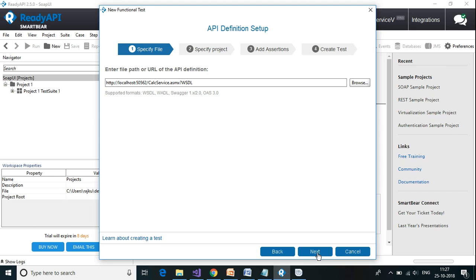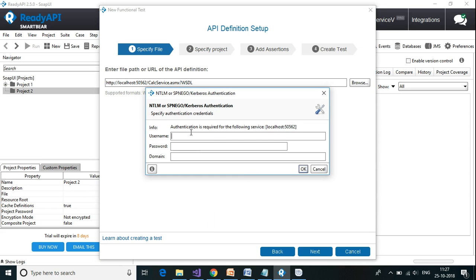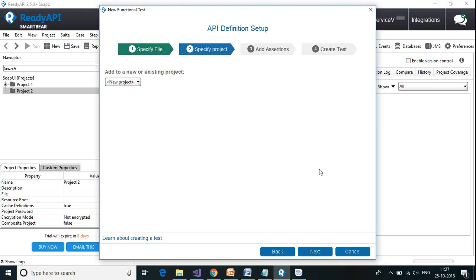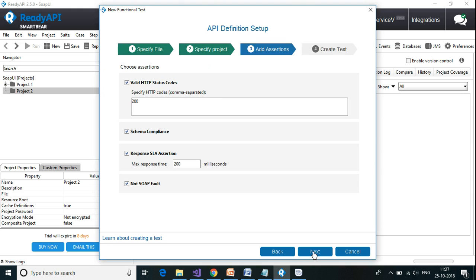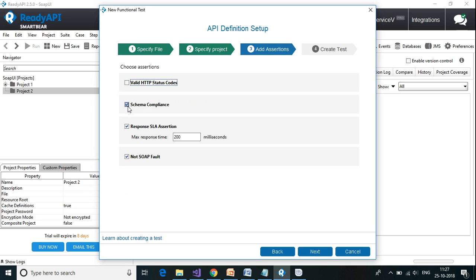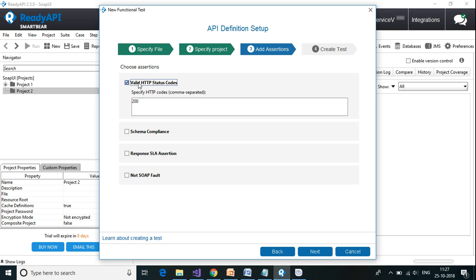Click on next. Okay, so here it is asking for authentication. I'm not going to give authentication here, so I'm going to cancel it. Okay, so it is going to create a new project. Click on next. Okay, I'm not going to have any assertion here, so I'm going to only have one assertion which is valid HTTP status code. Next,